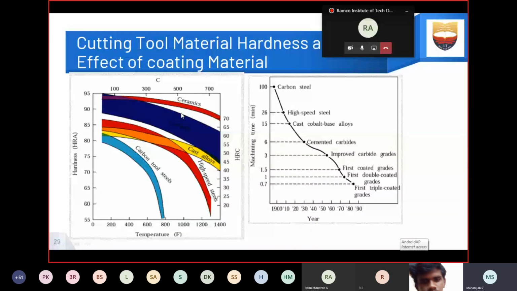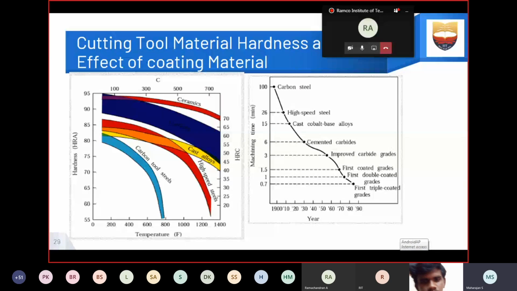Okay, cutting tool material. Nowadays this is very important. This is the research. They are asking what are the recent techniques and recent trends in manufacturing. They are going for inventing more innovative cutting materials. They are going for coating techniques. The tool material is coated with hard ceramic particles so that they can increase the surface strength of the material.